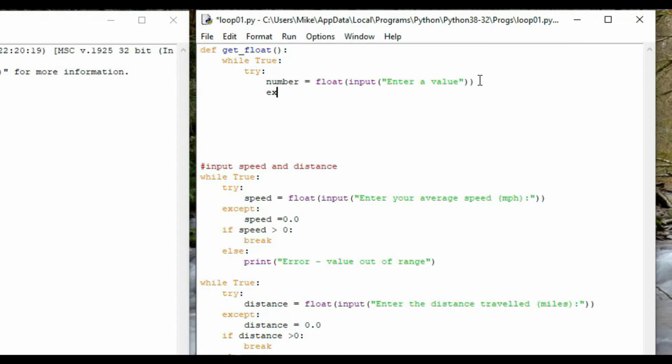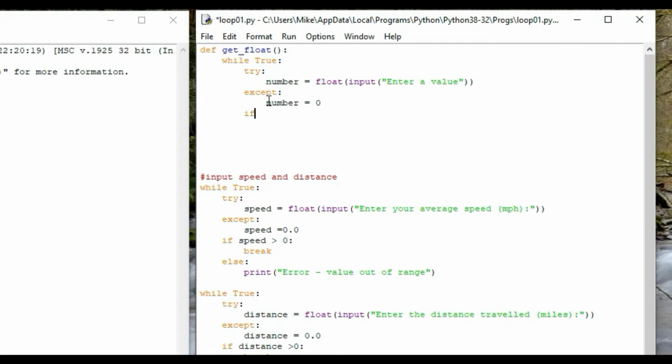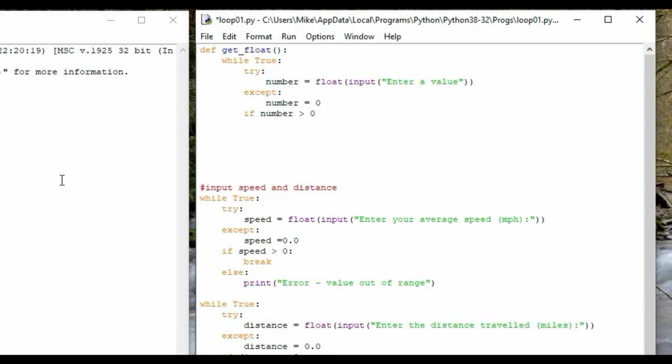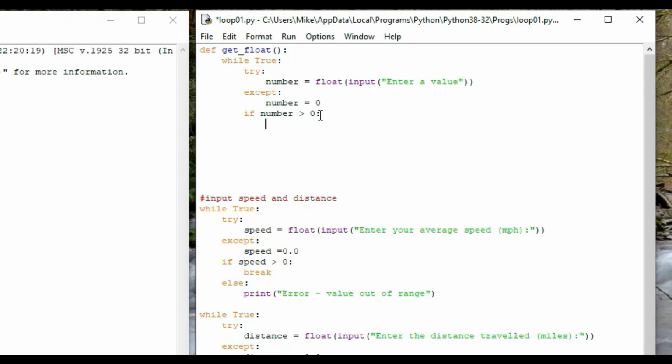Then we'll have our except clause. We need to go back with that, and then we'll say number equals 0. Then we'll have our if statement, and we'll say if number is greater than 0, we're going to do something slightly different now. Whereas before we had a break out of our loop, now we can do something else. We can actually return from the whole function, and I'll talk about that in a second. So we'll have return number,